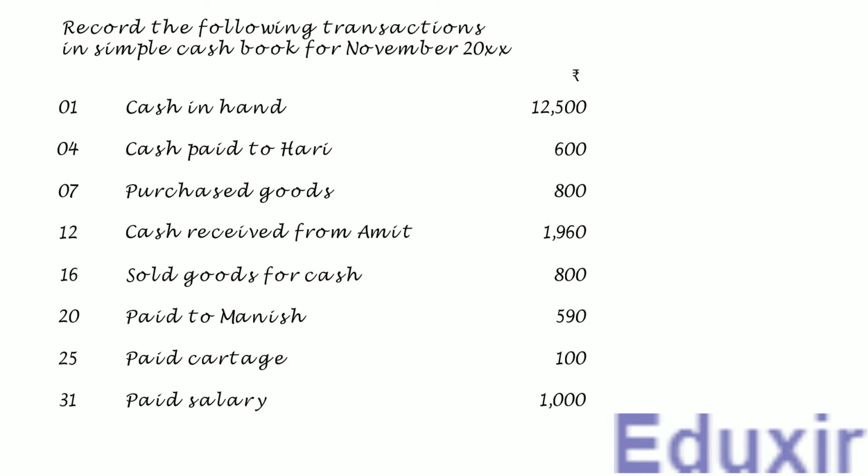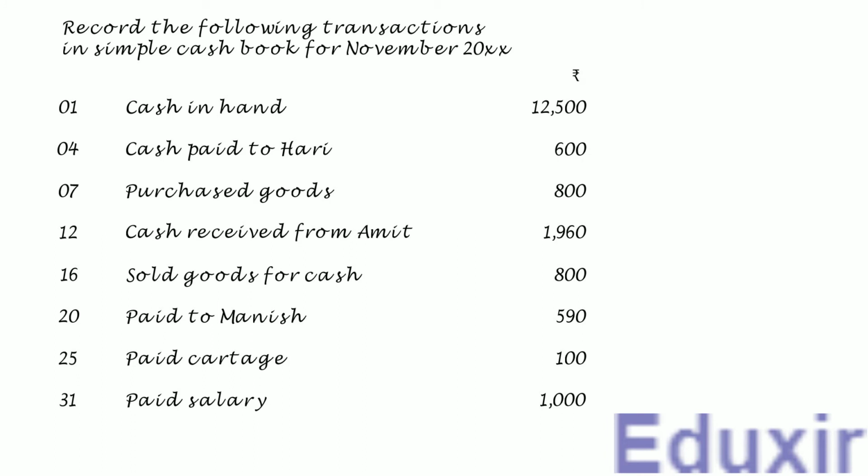Just to reiterate, though we do the analysis of the entries to be made into the cash book and other accounts, we will not handle the posting to other accounts in the problem, as we want to limit the scope of this problem to just recording the entries into the cash book. Let us now dive into the analysis of these transactions one by one.